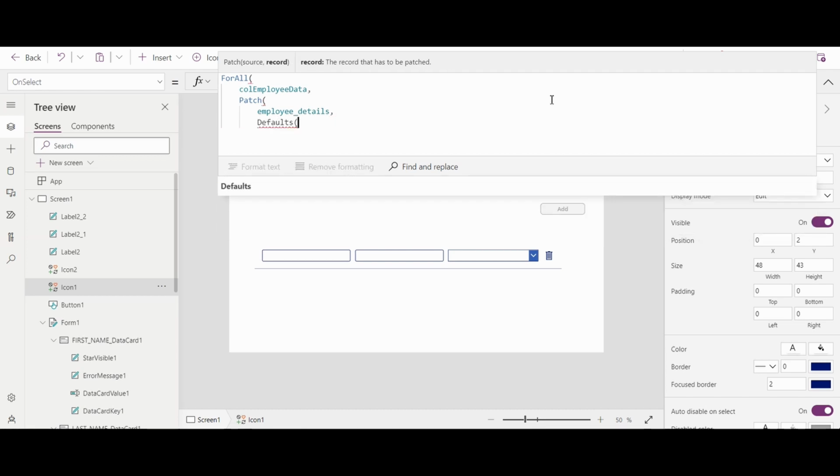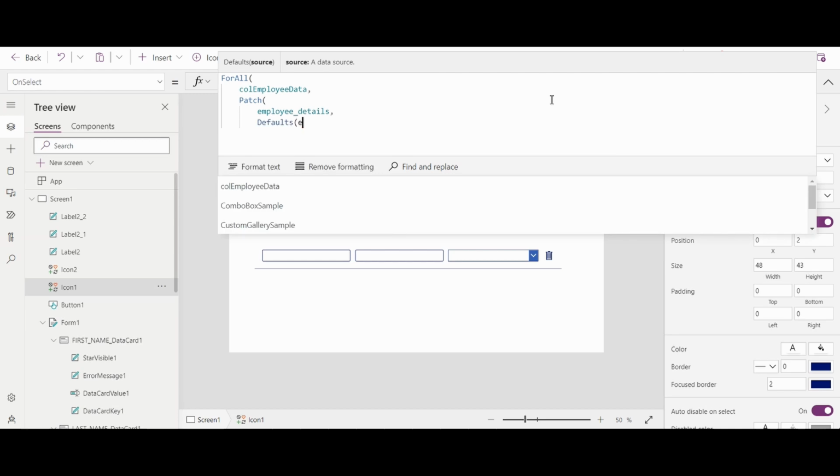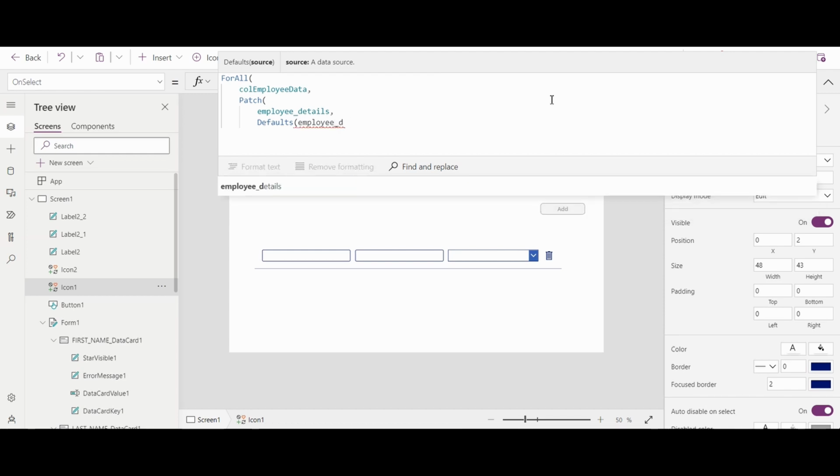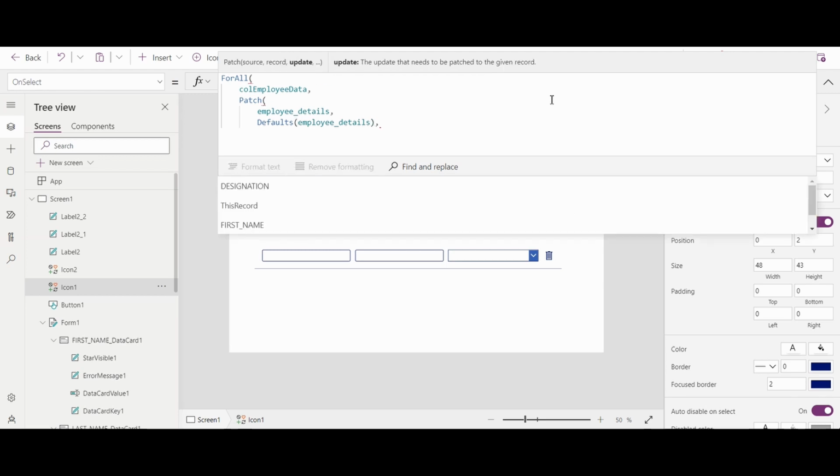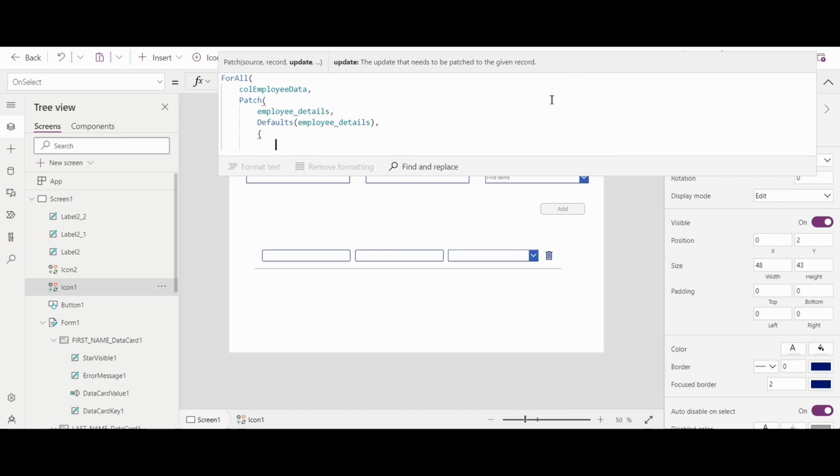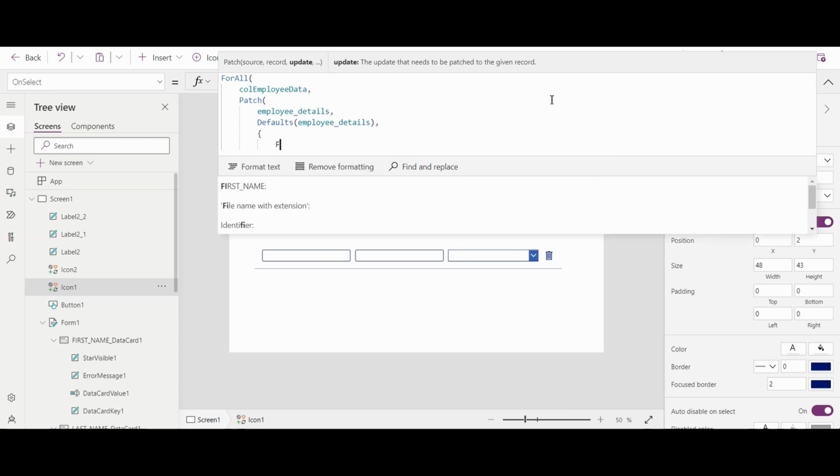We are using defaults because what default will do is it will override the duplicate values with the same details. Like if I'm creating a record with the same data, it will simply override it instead of creating the new data. So first name,